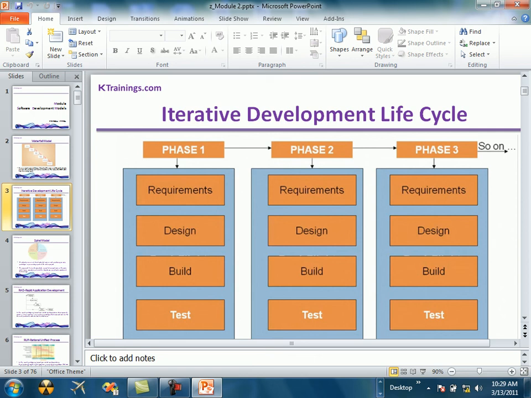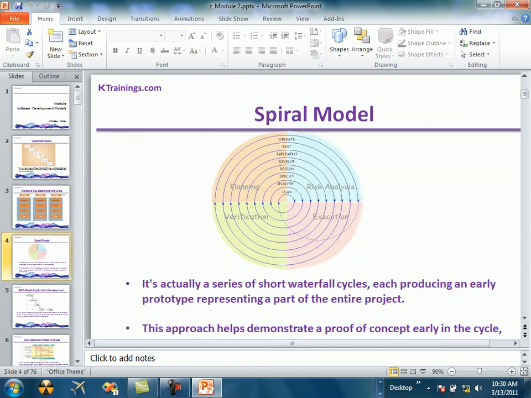So that's how they do it, and that's called the iterative phase. In each iteration, the house owner comes and says, I need a roof like this, I want to change my interior, I want to change my furniture. Then it would be phase 4, and it continues on. The first time, the house owner did not know what they wanted, so they went ahead, but then they knew they wanted a house, so they made a foundation for that. That's iterative development. It's the same thing with spiral also. Each model has its own advantages and disadvantages.